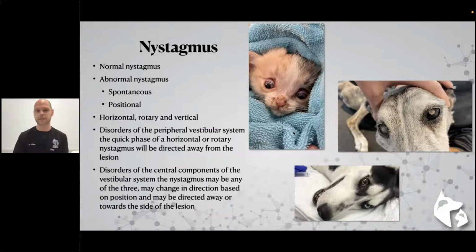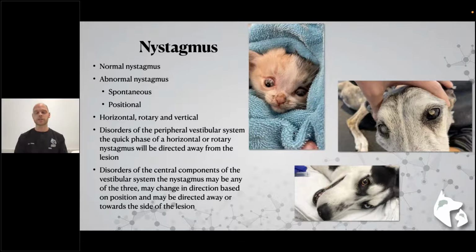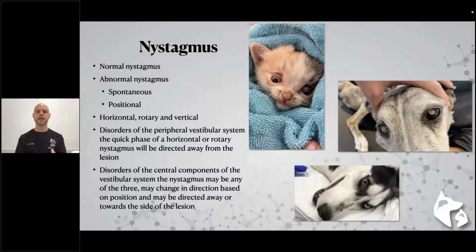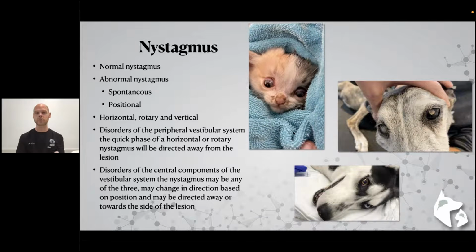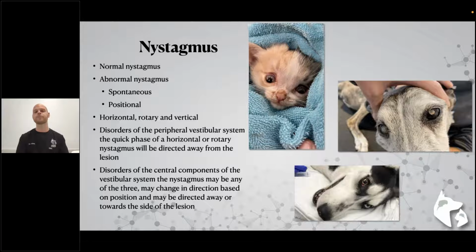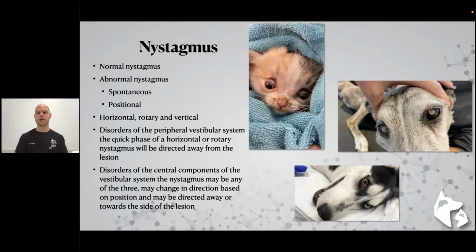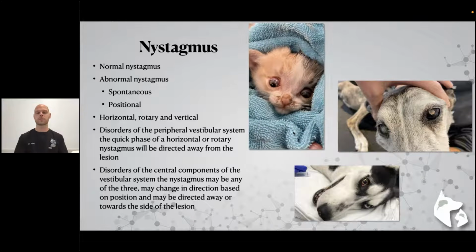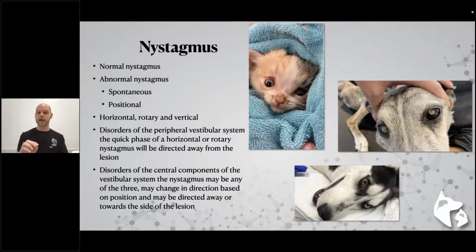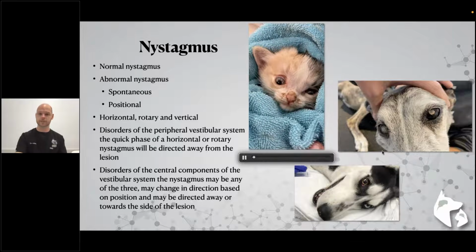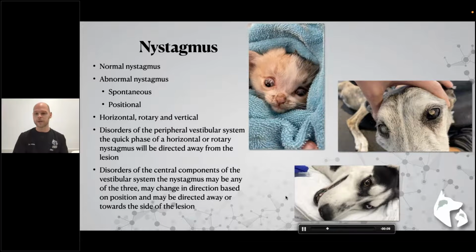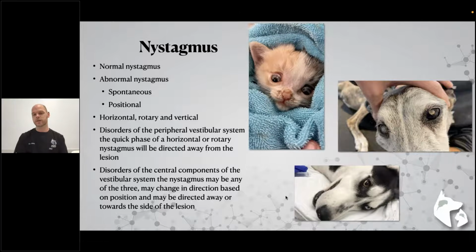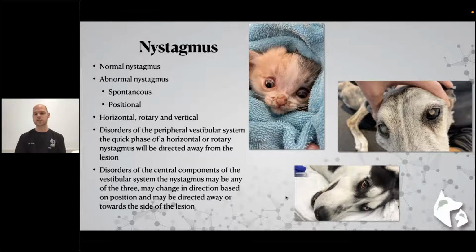In this kitten presented for hydrocephalus, he has a spontaneous vertical nystagmus. You can see the twitching up and down of his eyes. He's got quite an obvious one, which made it nice, but that is a vertical nystagmus. The husky down there at the bottom has a rotary nystagmus. It's quite difficult